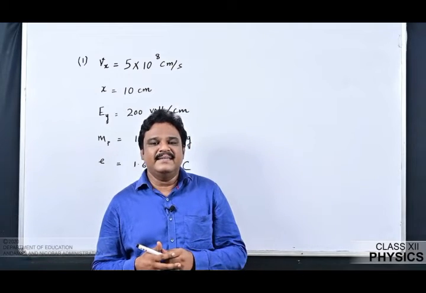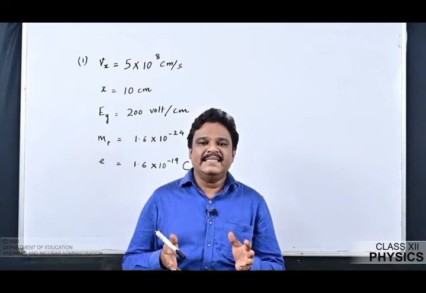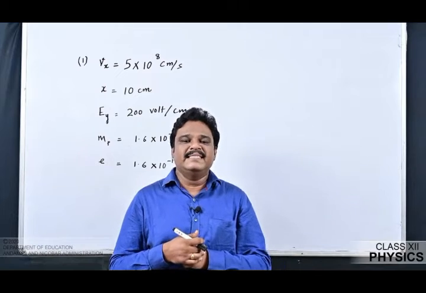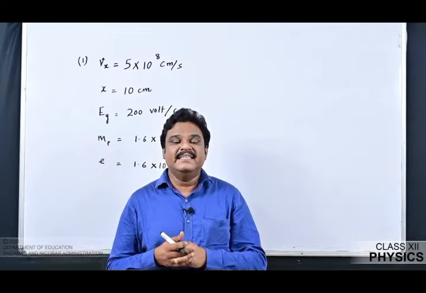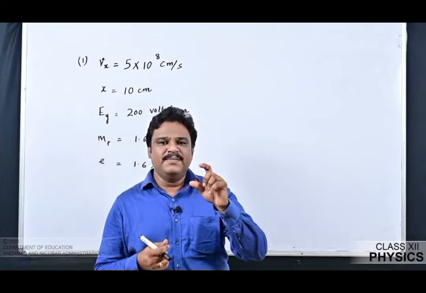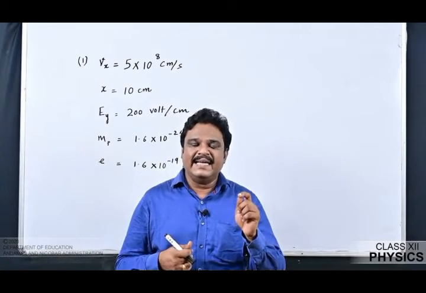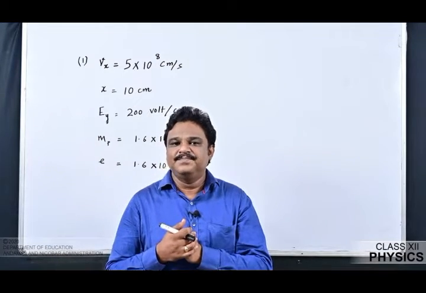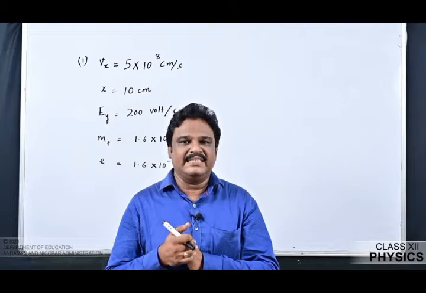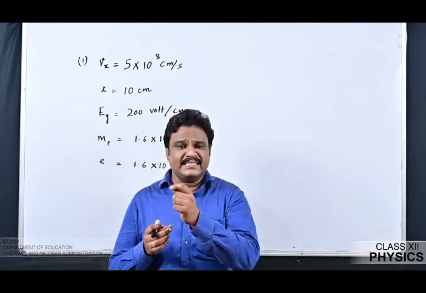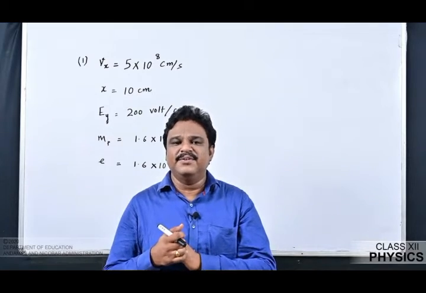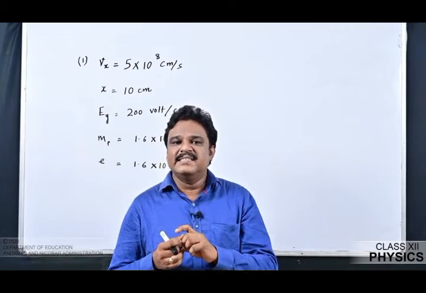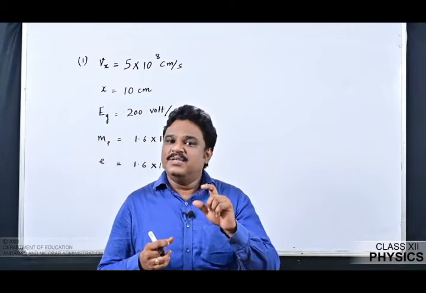So already by reading the question you are able to judge it is the motion of a charged particle in an electric field, that we discussed in the theoretical class. So I am going to make a brief. When a charge enters a uniform electric field, it covers a horizontal distance, say x, with uniform velocity. Since there is no acceleration along x-axis, a distance x is covered with uniform velocity. Next, in addition to this, it covers a vertical distance, say y, due to acceleration.